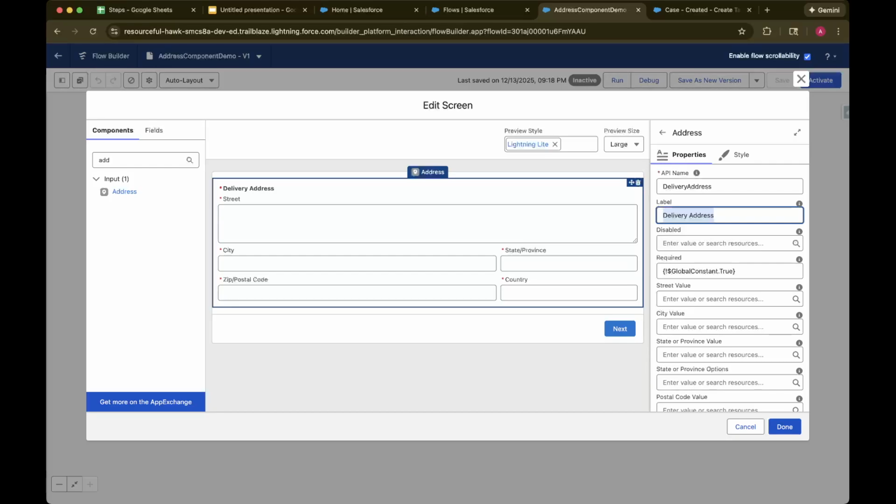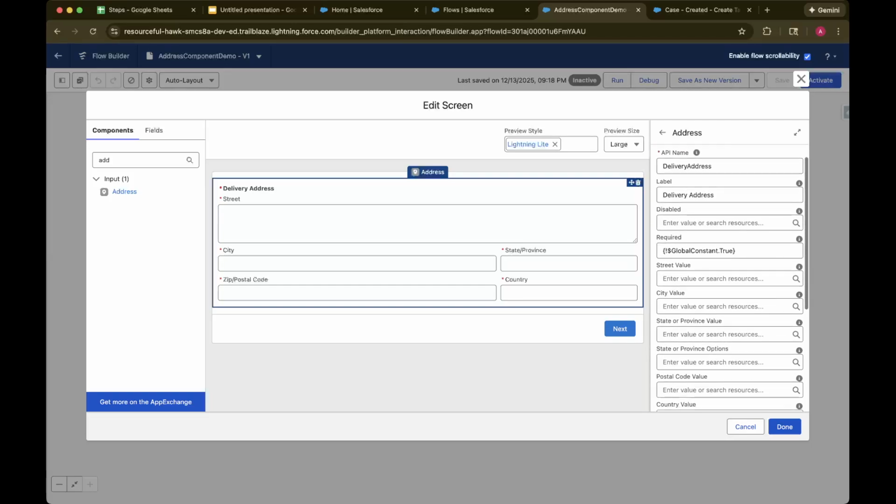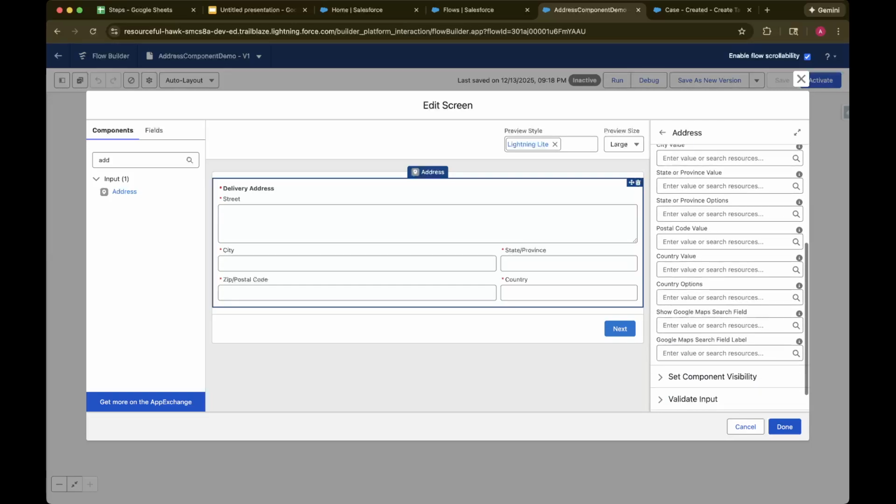And then for the most part, a lot of these settings you probably don't need to touch unless you have a very specific scenario where you want to, let's say, have the street address pre-filled, city value pre-filled, something like that. In this case, I went ahead and I added that the required equals true, and that adds the little required buttons and won't let anybody progress unless they fill out the form. And then the key part